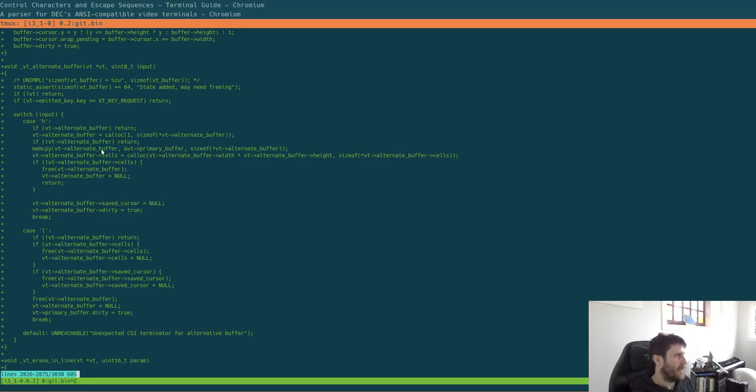So alternative buffer, that does that. Ignore the key stuff for now. Here we check whether we're turning it on or off. We could potentially call that a macro, just so if I read the code later, I know what H and L means, but H is when you set it high and L low, I guess, but they're just the terminator keys for like a